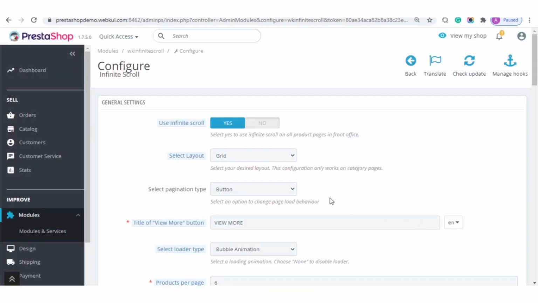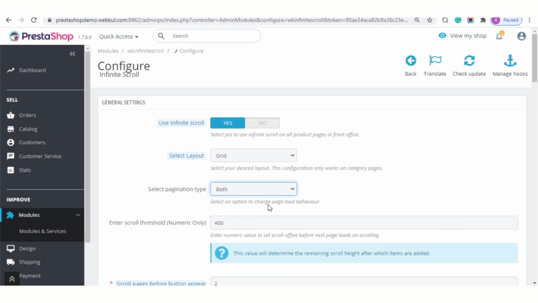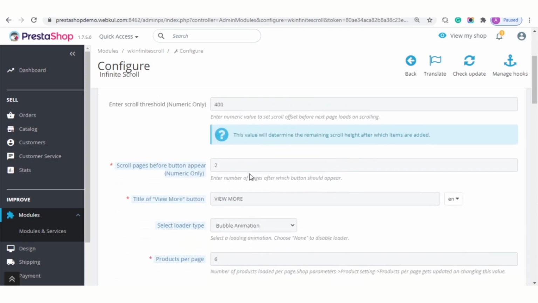If admin has selected both, then a user can scroll down for the number of pages specified by admin here, and then a view more button gets displayed on the product listing page by clicking on which more products get loaded.